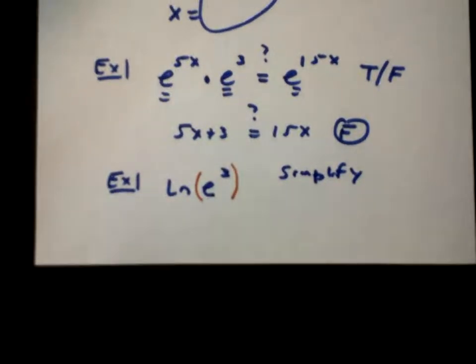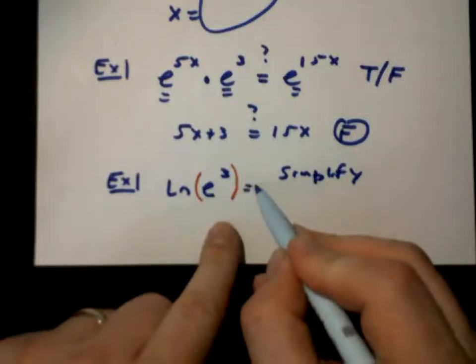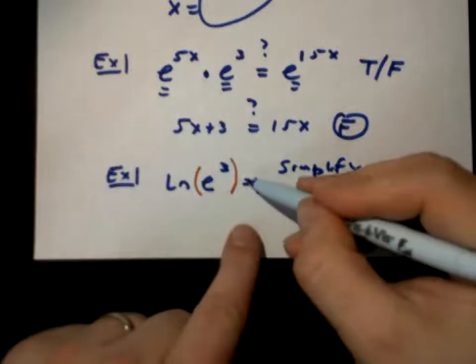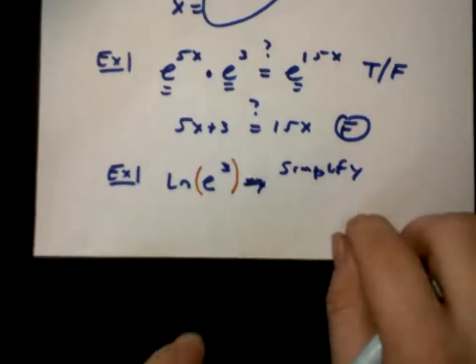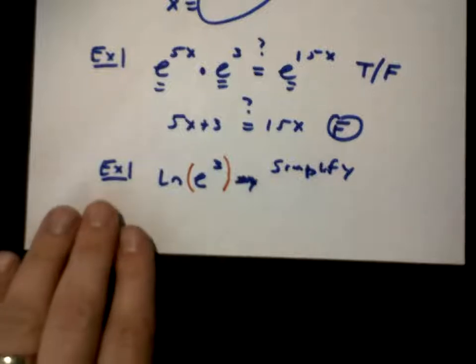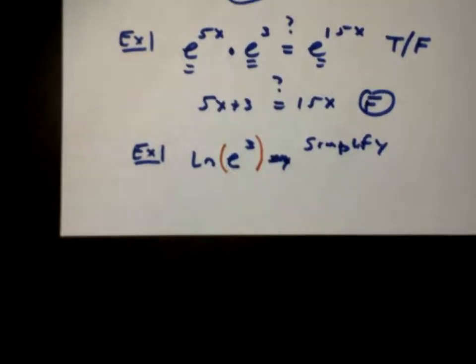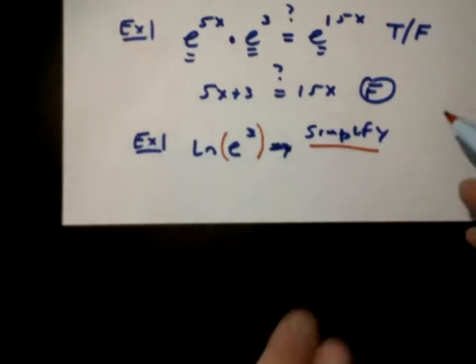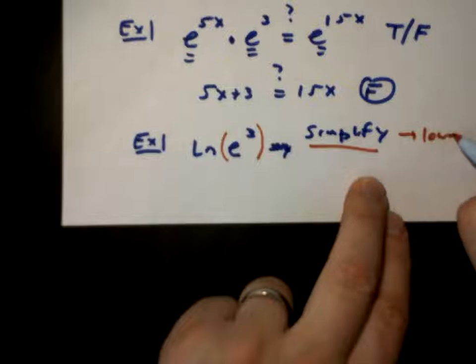So if you really want to, you could set this equal to y or anything, and just think about it that way. You don't have to do that. You don't have to make this equal because it does say simplify and not solve. What I'm doing is just making it to its lowest terms